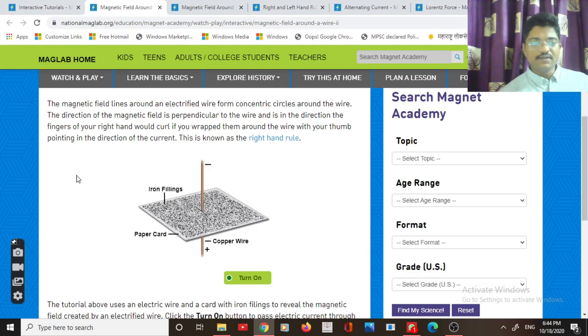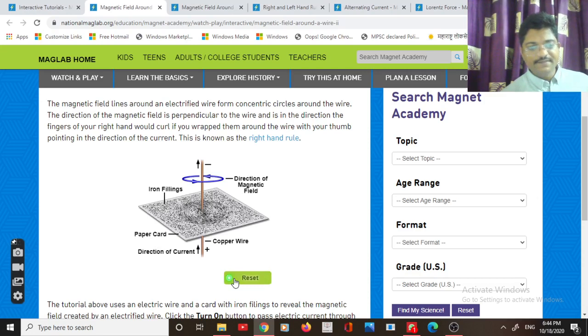When current passes through a conductor, there are effects realized, and we can explore this effect with some simple activity. This activity is shown over here. There are iron filings over a paper, and that paper card is inserted into a current carrying conductor, which is shown vertically here. From positive to negative, the current flows here. That means electrons start to flow. We are going to see the simulation of it also. When current is turned on, look at the iron filing structure, it gets a circular shape. So this is one of the effects of the magnetic effect of current.